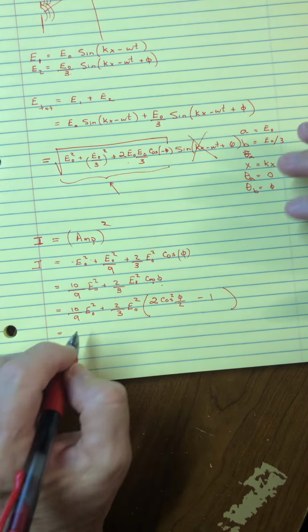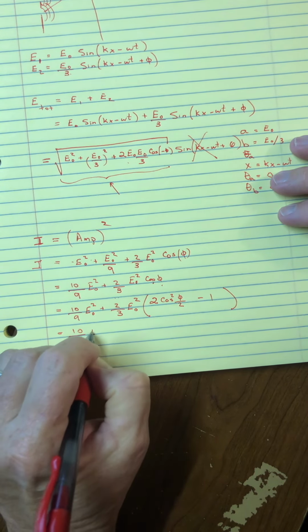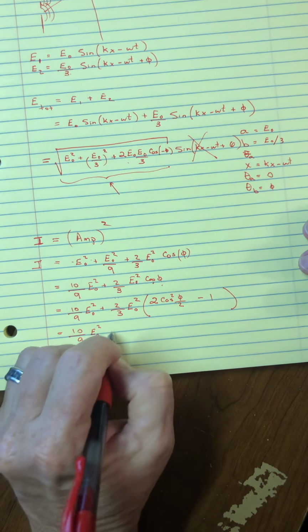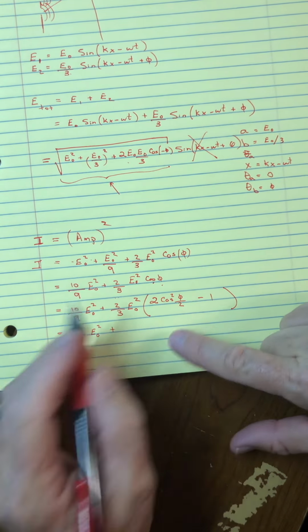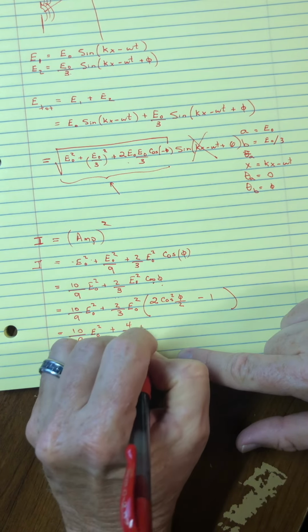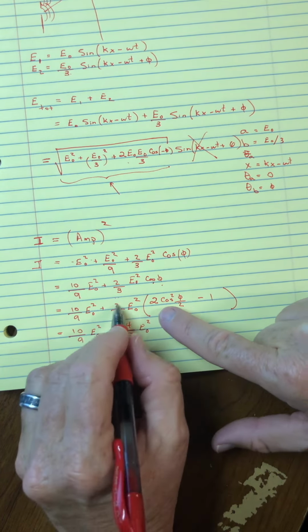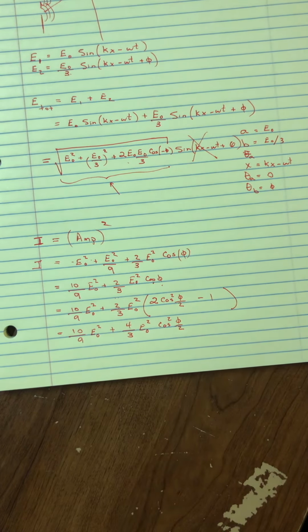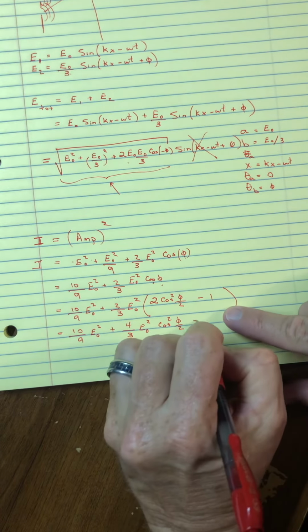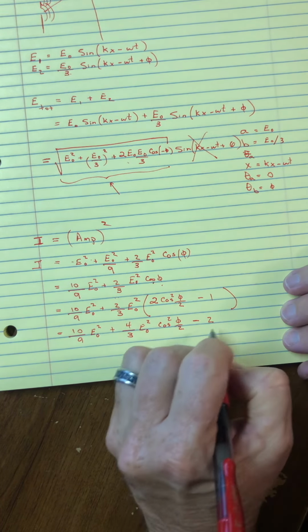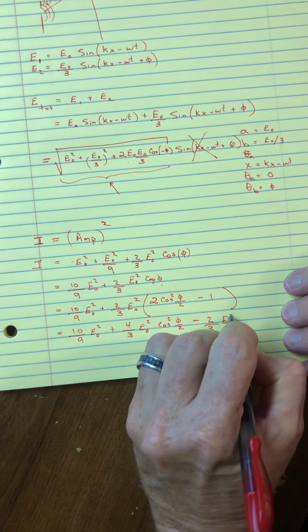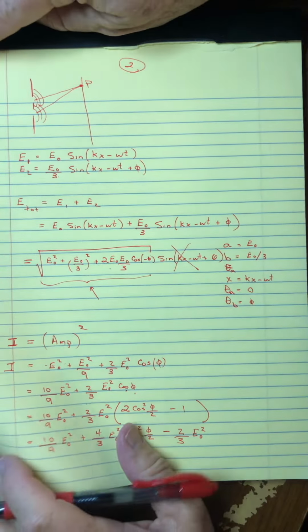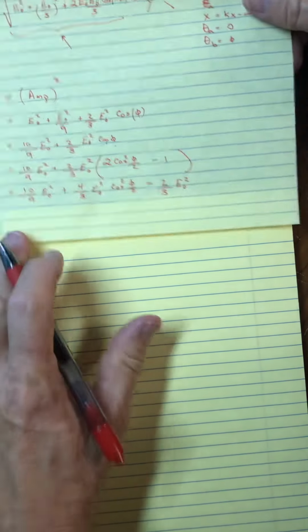All right, now simplifying this a little bit, I'll take the 10 over 9 e naught squared. Right here, this 2 times that 2 is a 4/3 e naught squared, cosine squared, phi over 2. And then this piece right here would be minus 2/3 e naught squared. All right, maybe I should call this page 2. Okay, so moving on to page 3 then,